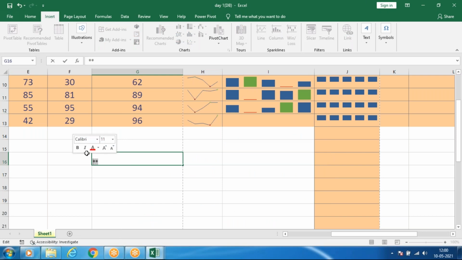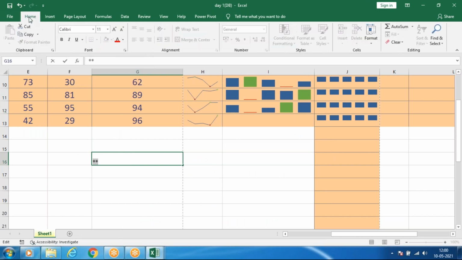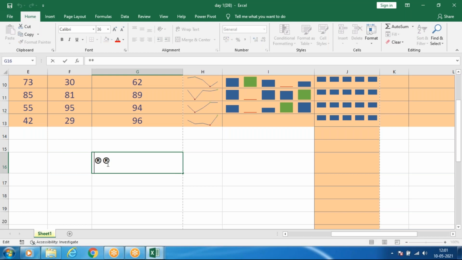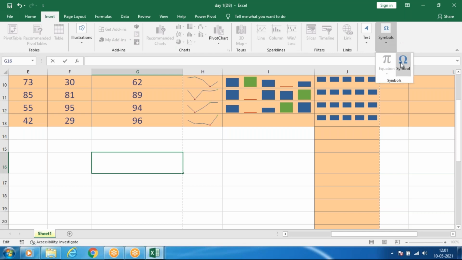That symbol will be inserted, and you can maximize. So this kind of symbols also you can import. So that is the use of symbols.